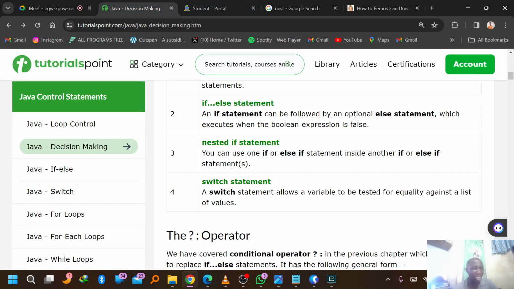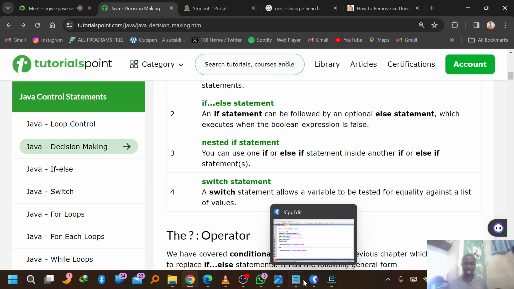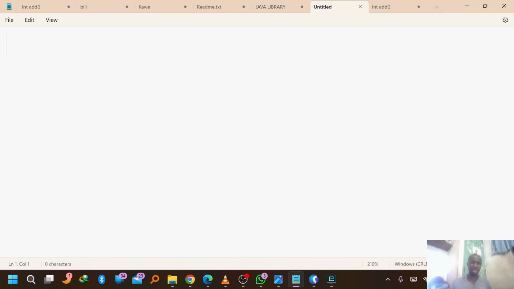So when we say nested if, we mean that you get an if and you write another if inside the if. Let's understand that. If we have an if like this one, if A, inside here maybe we have a condition like if A is less than B, then we open and close. And if you are in a situation where you want to say A is less than B, or A is equal to B, and you want all those two conditions to be true,